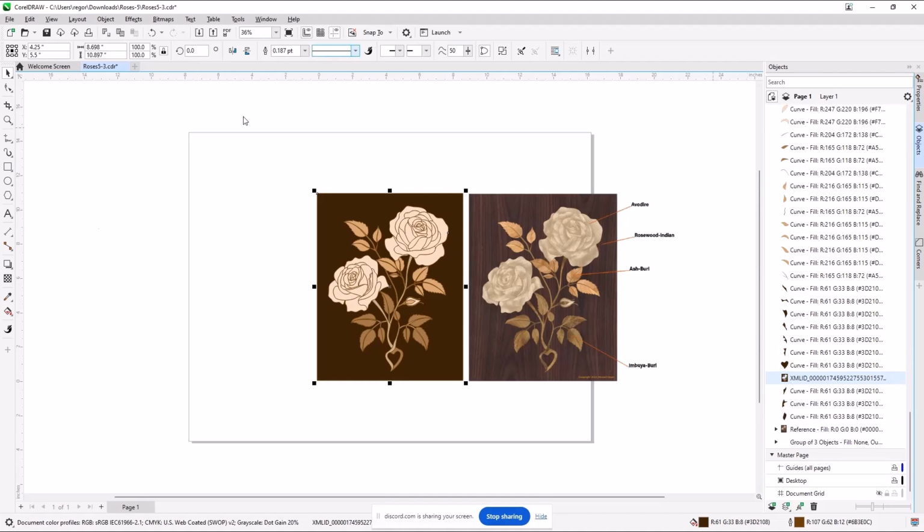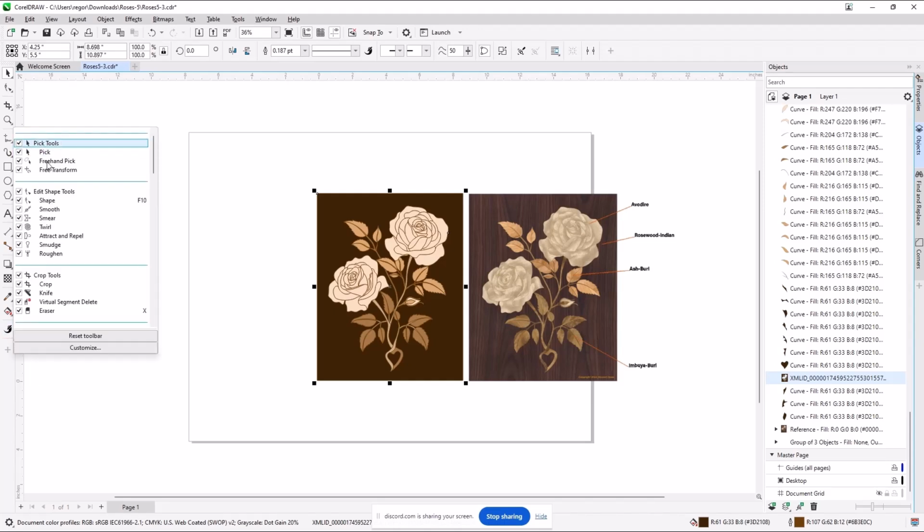If you look down here on the status bar in CorelDRAW, it tells you that it's an RGB file. There's a variety of other information that we'll get when you're actually working on it. This toolbar can be adjusted here. You can choose what you do. This is the default. I have no reason to change it.